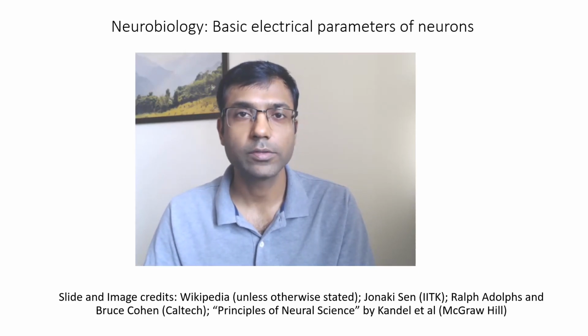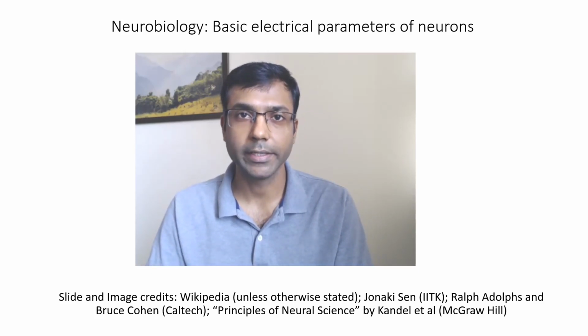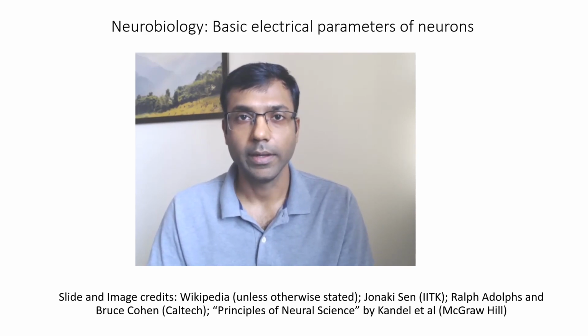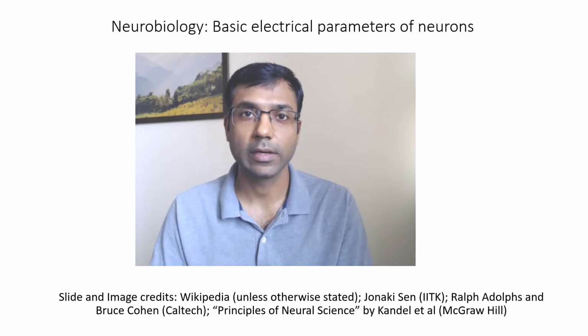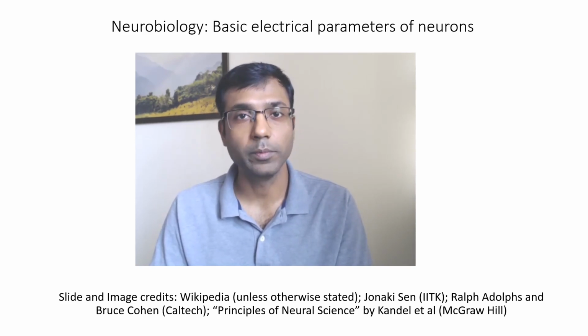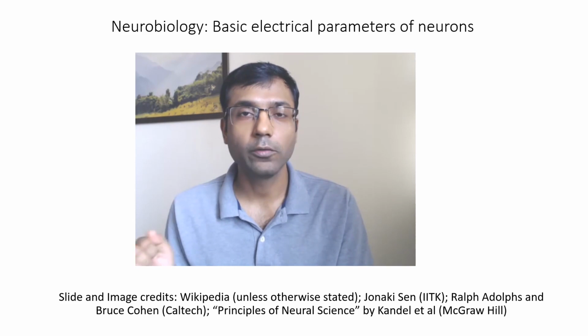In the last video, we saw how electrical activity is generated in the brain by the movement of charged particles. In particular, these charged particles are various ions: sodium, potassium, chloride, calcium, which move between the inside and outside of the neuronal membranes. We saw the role of the membrane in controlling this movement, the role of ion channels, and various ion exchange pumps.